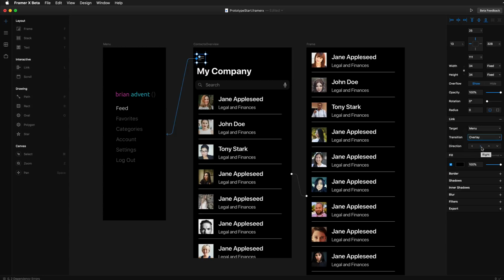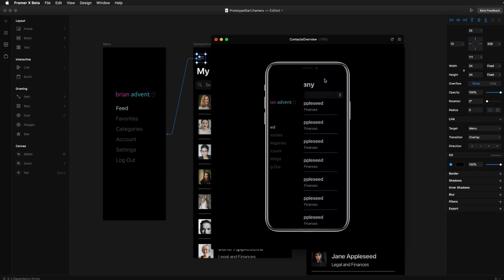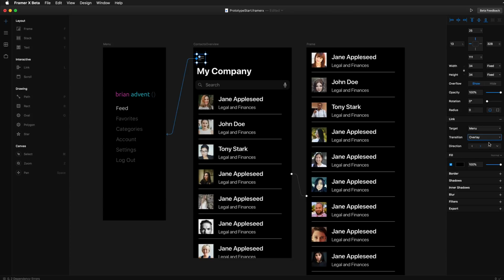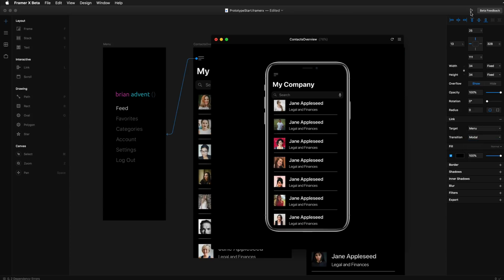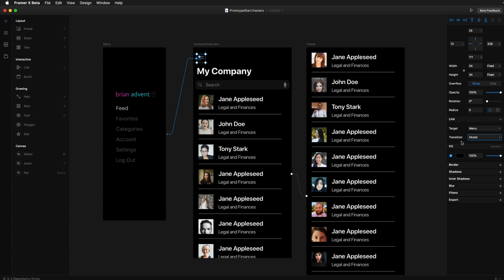So I'm just selecting the right button right here, and if I hit play and I click on the hamburger button, then I get my nice transition here, and I get my side menu. And if I were to use the modal transition, then of course I would get this modal animation, which is also really, really nice. So as you've seen, these are just a few of the things that you can actually